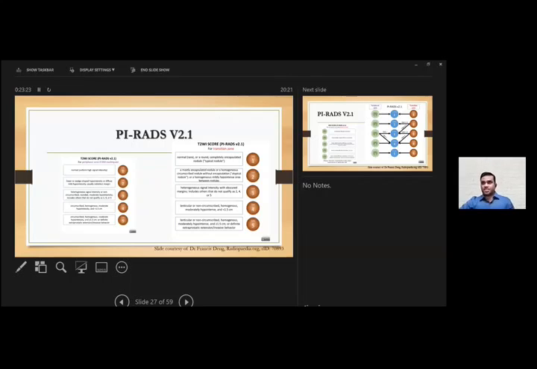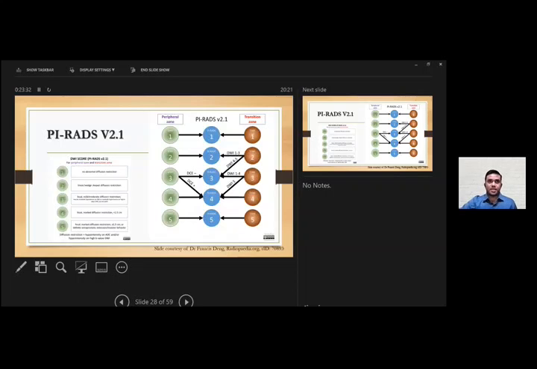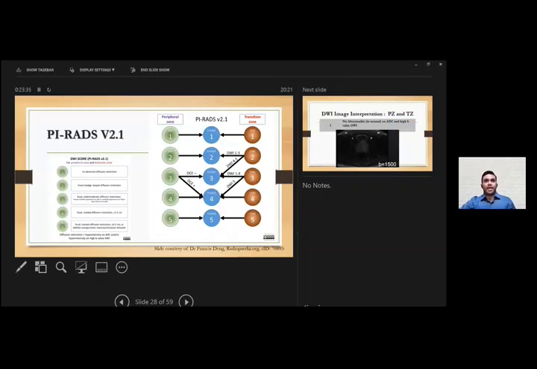Coming to PIRADS assessment, for assessing the transitional zone, the T2 score is the most important part. Whereas when it comes to assessing the peripheral zone, DWI is the most important sequence. Suffice to say, if you are not able to get a good diffusion imaging for your prostate MR, then that study is probably suboptimal. The new changes that they have brought about in PIRADS version 2.1 concern